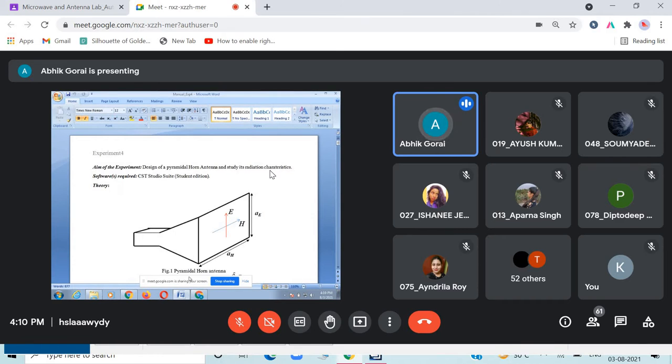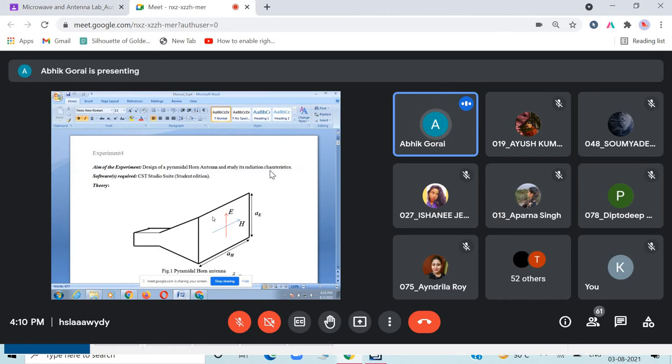It will look like a horn, and hence the name is derived from its shape itself. That is why it is termed a horn antenna. It has a very high directional radiation pattern, and these types of antennas are used at microwave frequencies. So you have to design a horn antenna like this and